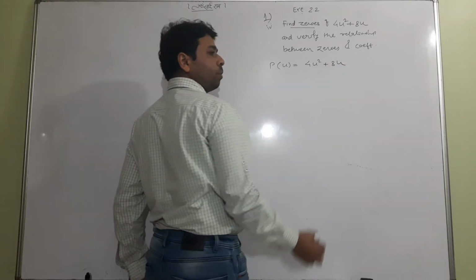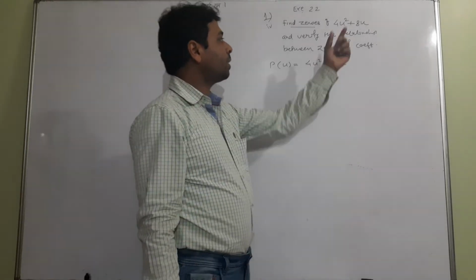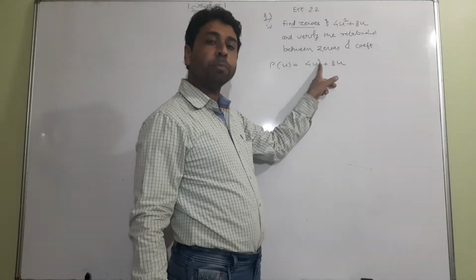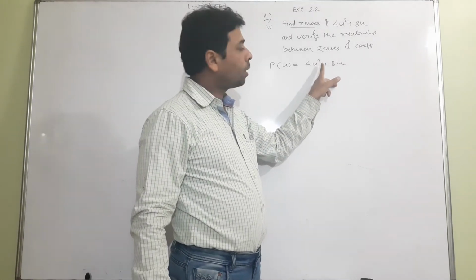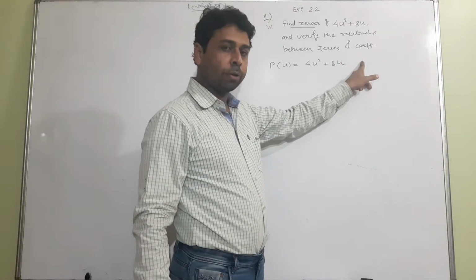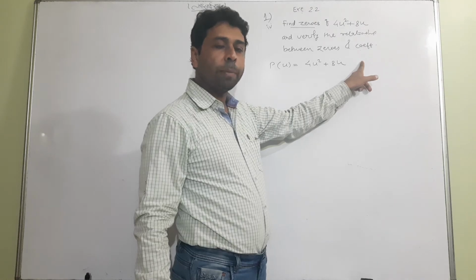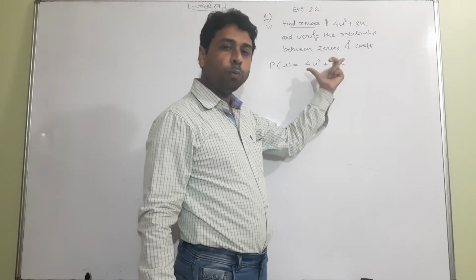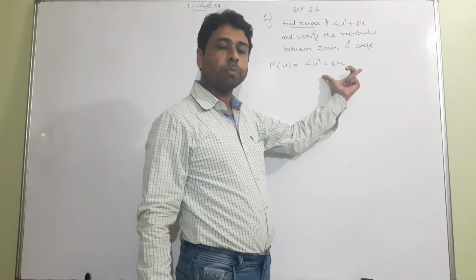This is a question. Now student, again I would say the same thing, that it contains only two terms. Even u square is very essential for being a quadratic polynomial. Now it is containing two terms. Constant is absent here, so don't worry about that. You don't have to use middle term splitting for finding zeros because it is only two terms. If it were three terms, you would have to use the middle term splitting method.